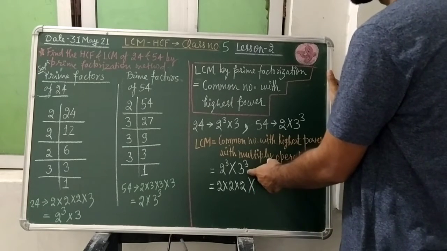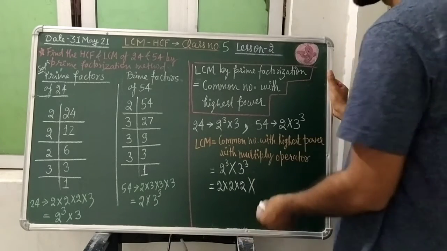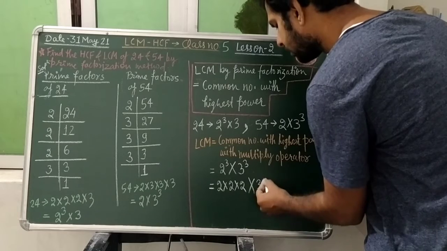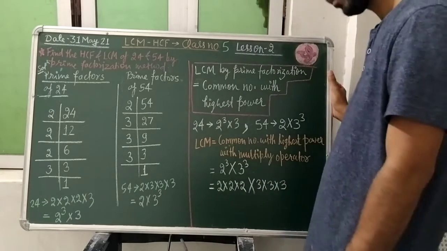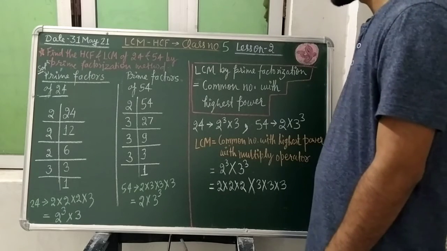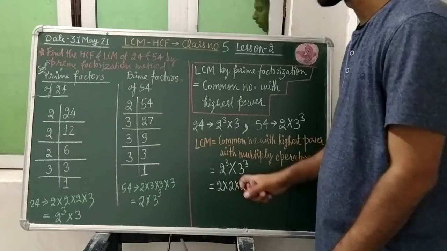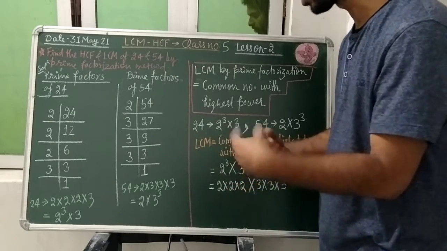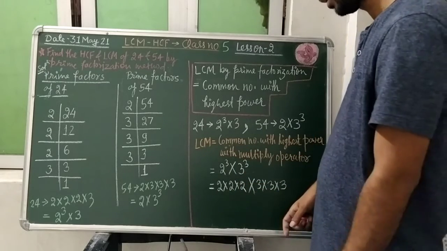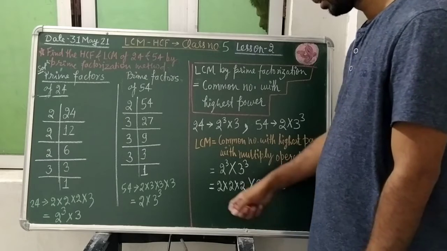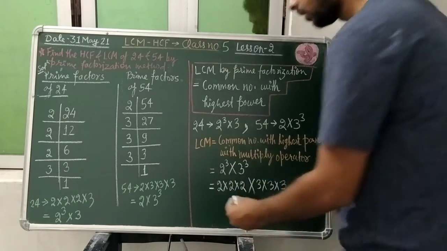Here, what is the meaning of 3 to the power 3, students? 3 is present 3 times with the multiplying operator. So look, what is 2 into 2 into 2, students? No one will say 2 into 2 into 2 is equal to 6. Many of you may add it, but here it is multiplication. 2 into 2 is 4, and 4 into 2 will be 8.